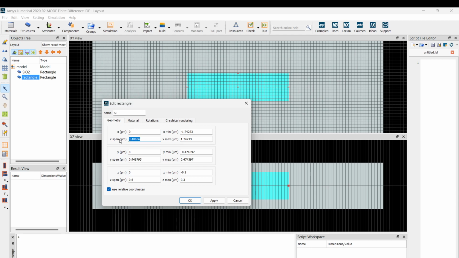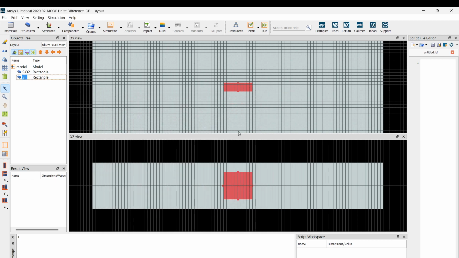The geometry, say the X span is 1 micron. The Y span will usually be determined by your fabrication process. So if you start with a wafer that has the top silicon layer of 220 nanometers or 300 nanometers, based on that you have to give it here. Say for now I'm giving 300 nanometers, apply. I just gave this 1 micron arbitrarily. This is what we need to optimize to get a single mode condition. Then I hit OK. So this is the geometry. The geometry is pretty basic.